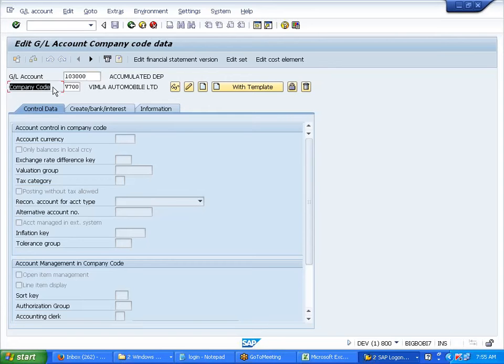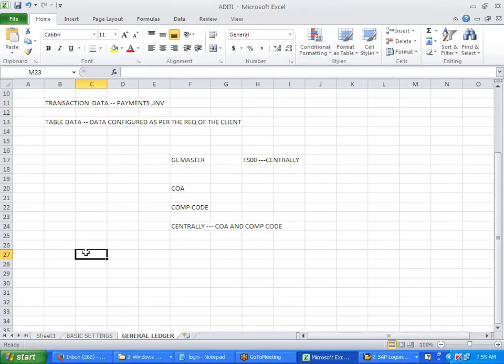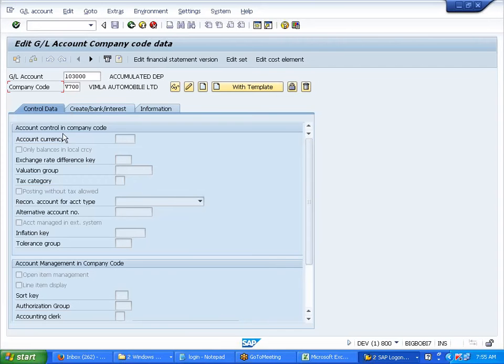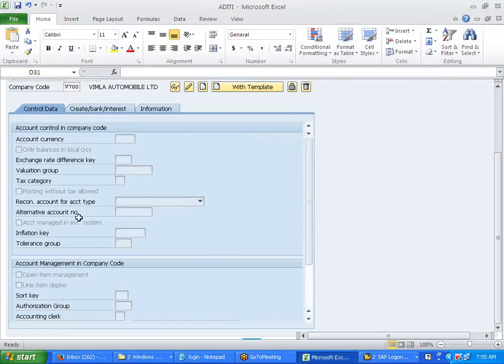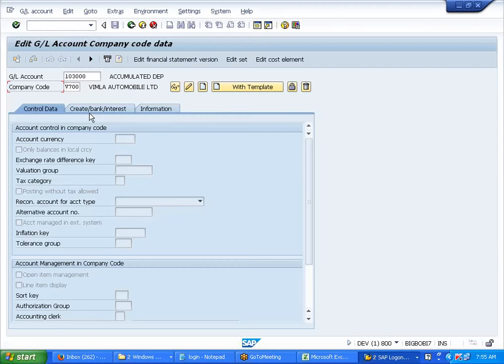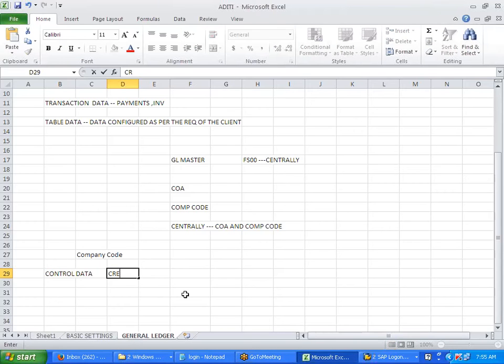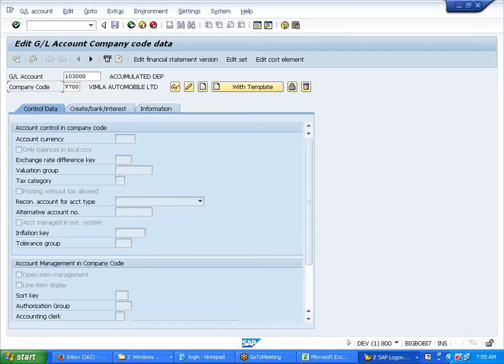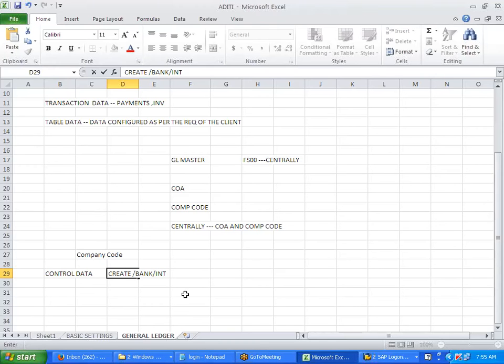Under company code, you have three tabs: one, control data; another, create/bank/interest, where you can key in data related to bank or interest; and the last one is information, which gives who created, when created, what created, and changing information.